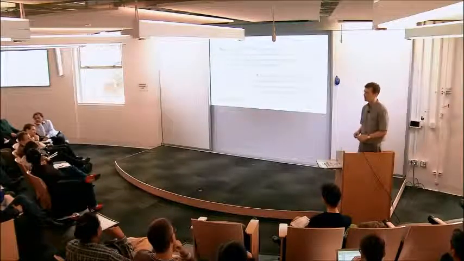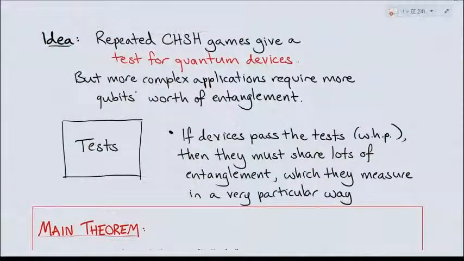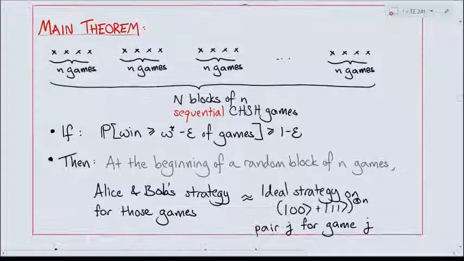So really, we'd like much more sophisticated tests. We'd like to be able to say that if you play a bunch of games and if you pass all these tests, then not only do you share one bit of entanglement, but you share lots of entanglement. And that would be something that we could actually leverage and use to prove more theorems. And so here's sort of the main theorem in a reasonably quantitative way.